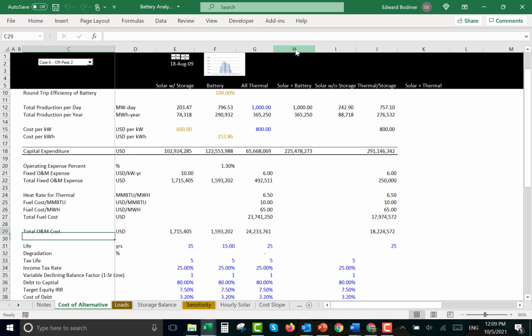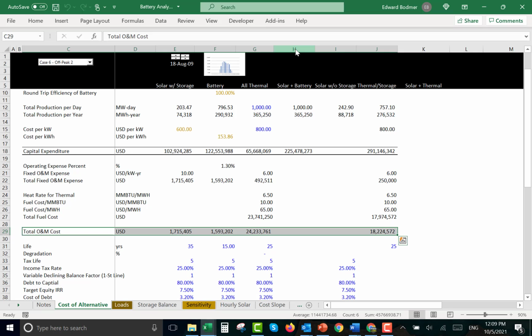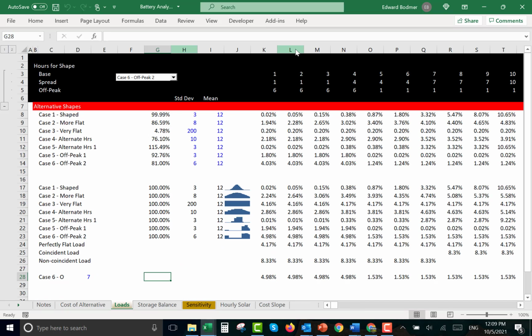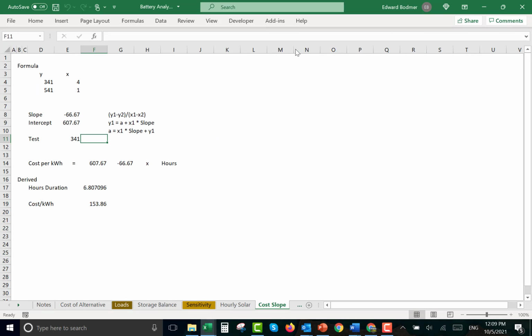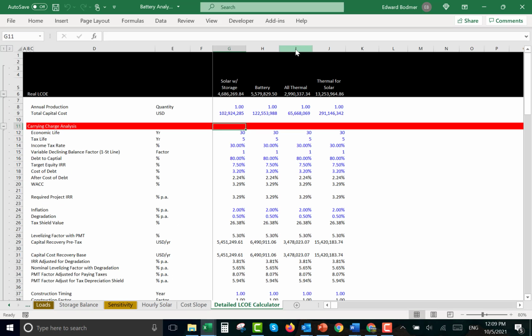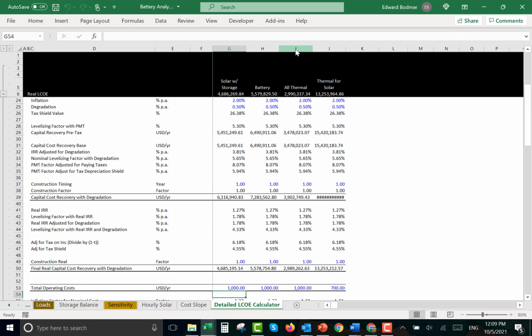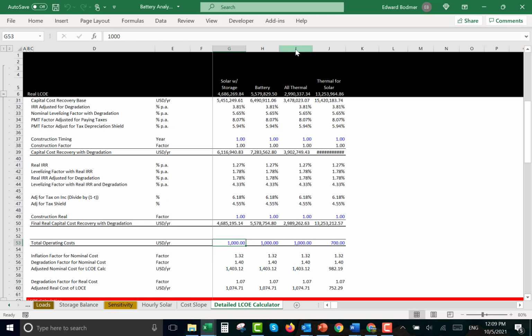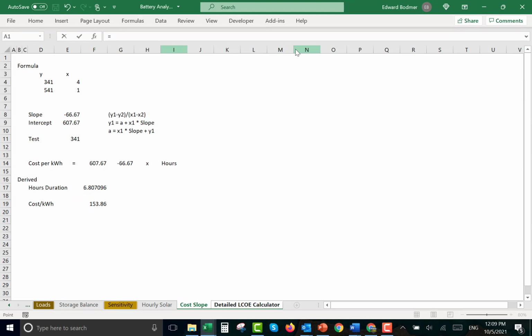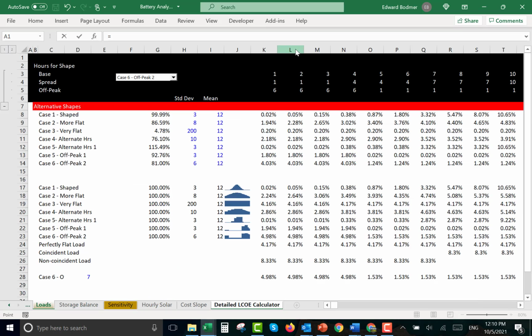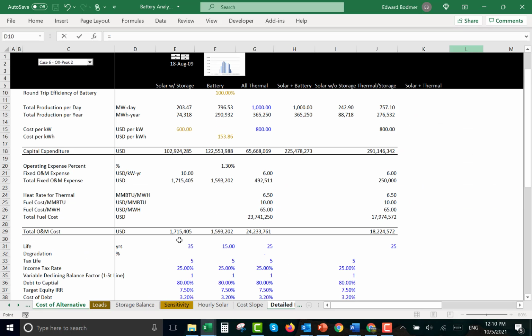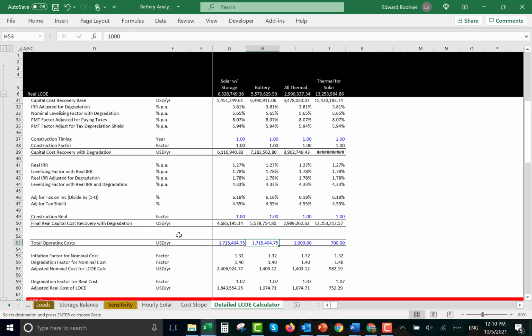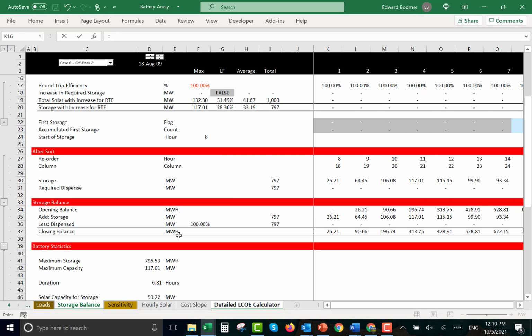Here's our capex, and here's our O&M cost, and we can plop that into our detailed LCOE calculator, and we've got a kind of fixed number we can just put in. So once you have the calculator set up, isn't that kind of cool that you can just get the total cost? And I'll put the total cost for our final